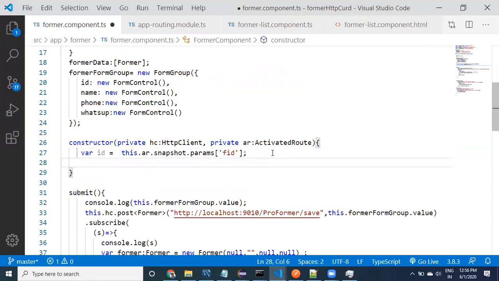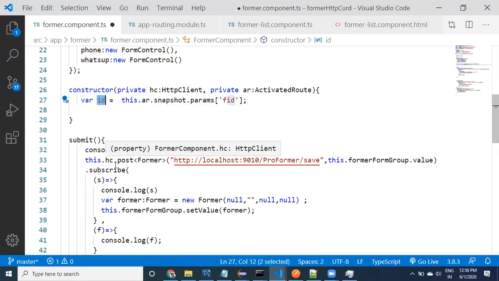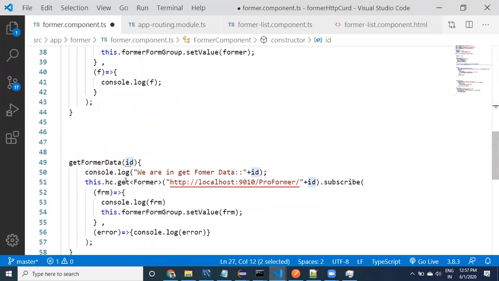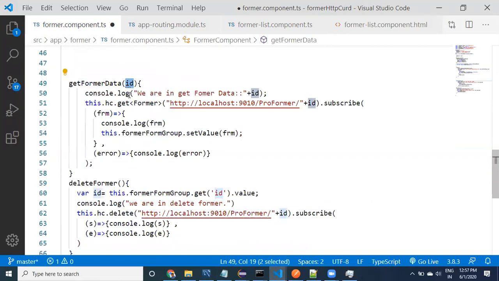Now, once the id is available, I would like to read the data with this ID. The data is available in the backend, and we have already provided get form data by ID. See here, guys, it takes the ID and retrieves the data, and we are assigning it to the form.